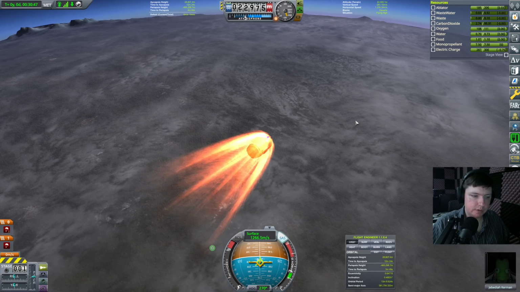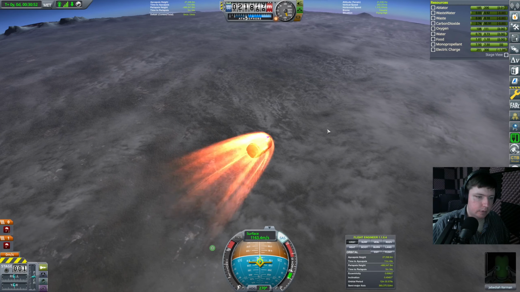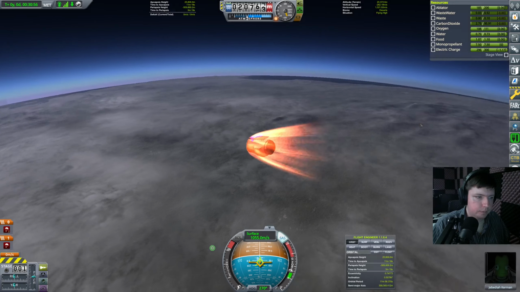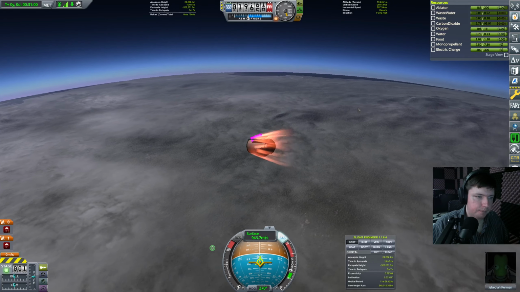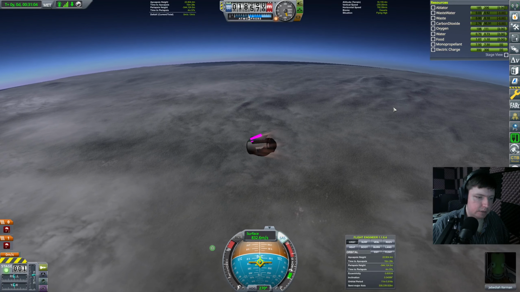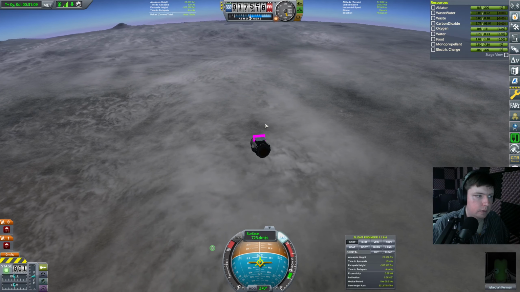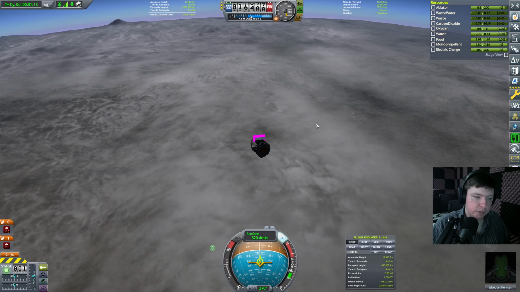Just a shame that the trajectories mod doesn't seem to be working right, because it'd be like the best mod in the game if it was actually working. That wasn't too steep though. It is based on where you're coming from, like returning from the Mun. You got a lot more speed and